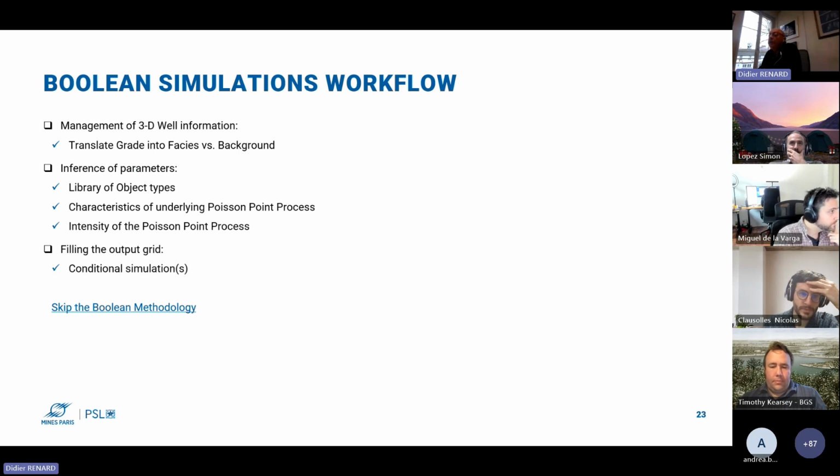Again, in the gradient workflow, you have to translate your grade into facies. Facies is going to be the thing that you're looking for, and the rest is going to be called background. It's going to be a black and white image, if you will. Then you have to define the library of objects, the type of objects that you want to simulate, and give the characteristics of the Poisson point process and define its intensity, a proportion of objects, and then run